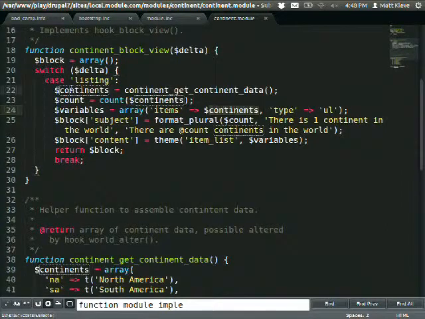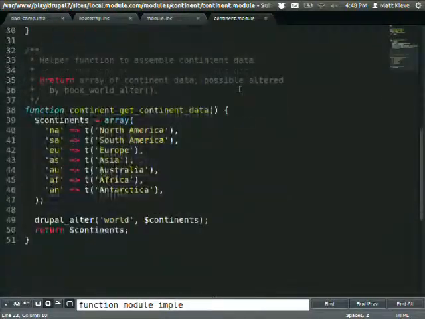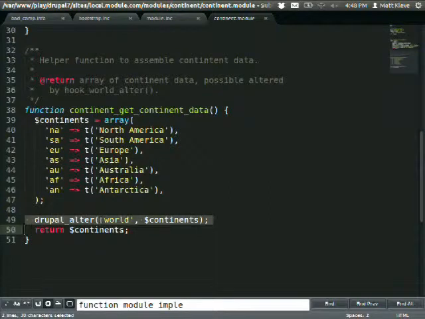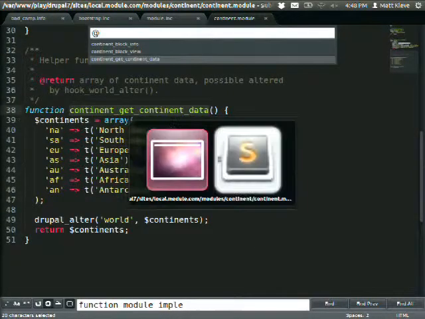It's like, well, where does that come from? Continents is like continent_get_continent_data, a little helper function that I wrote. So continent_get_continent_data says here is all of my continents and return them. But before it returns it, there's this drupal_alter function, and drupal_alter is exposing hook_world_alter to any other module that might want to change that. So drupal_alter, and this is the name of the alter hook. So drupal_alter is allowing hook_world_alter. And when you call hook_world_alter, you'll get this continents array, and your module can do anything you want to with it. So if I were to go back to my Badcamp module